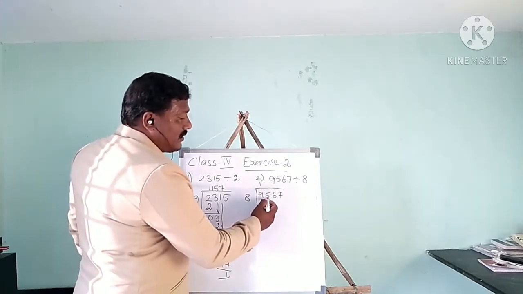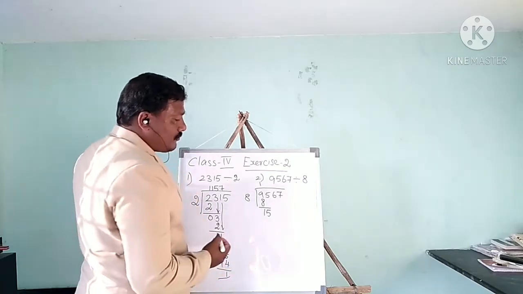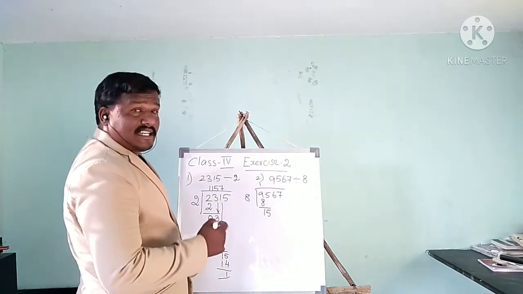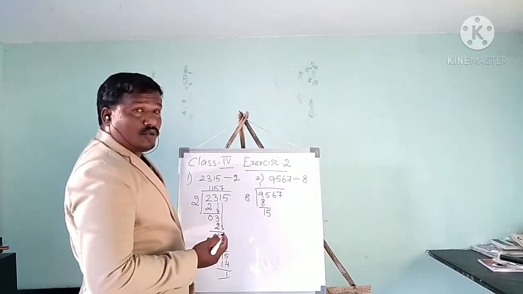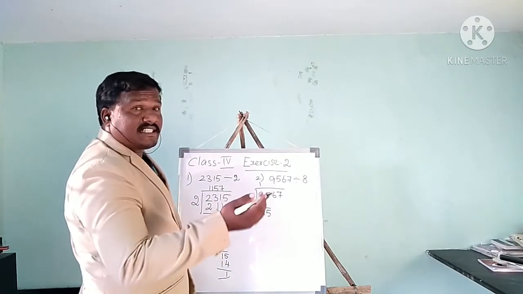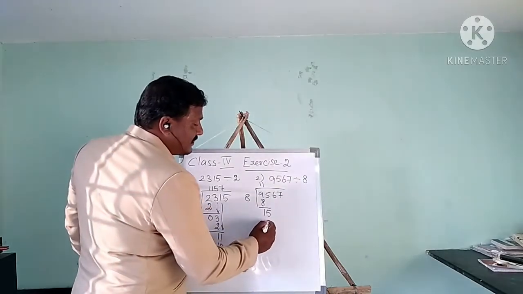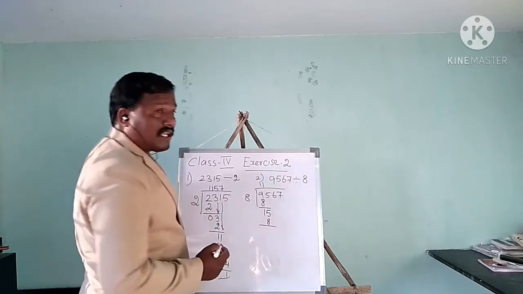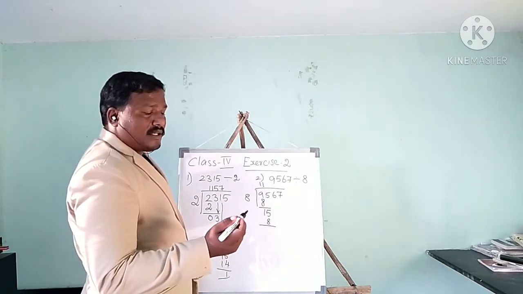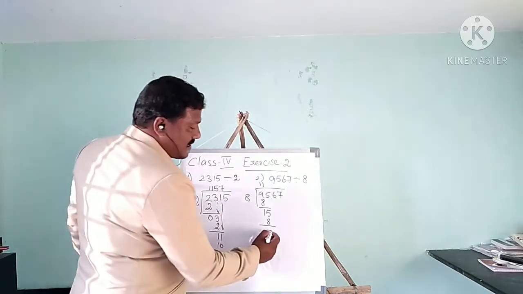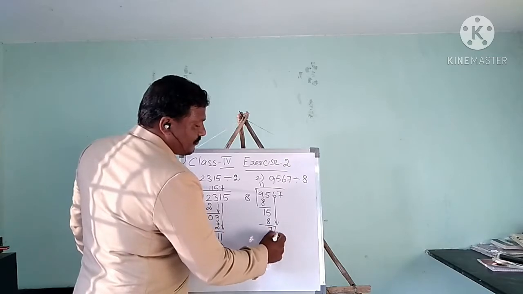So we have 3 numbers now. I will take down one number, 15. Again I want to tell the 8 table up to 15. 1 8 is 8, 2 8s are 16. 16 is a larger number, so I will take only one time. 1 8 is 8. Now I subtract, 15 minus 8, 7. 7 is the remainder. So again I will take down 6.